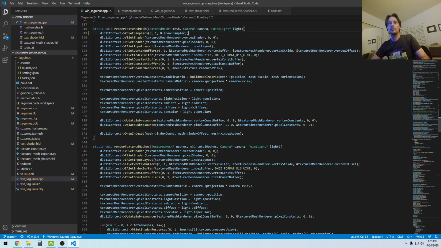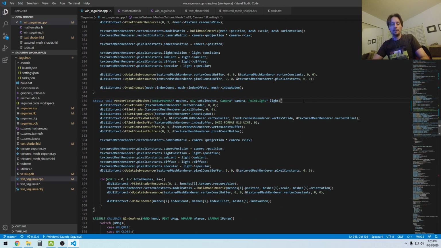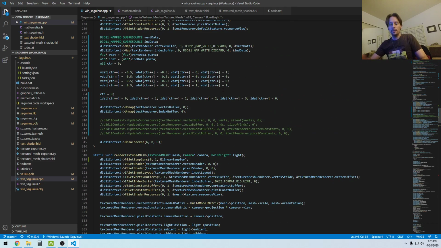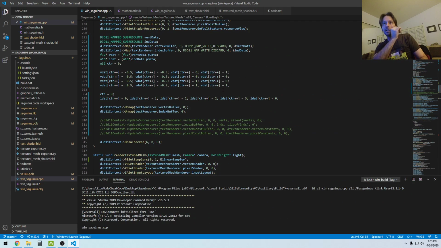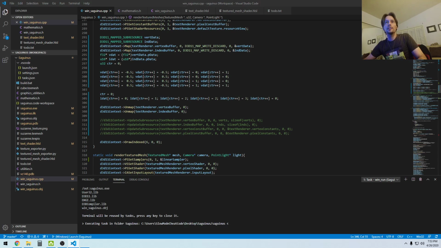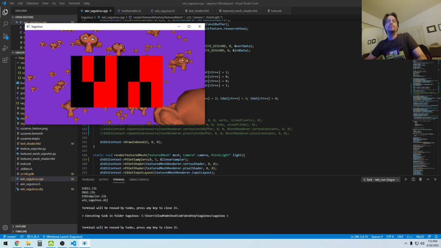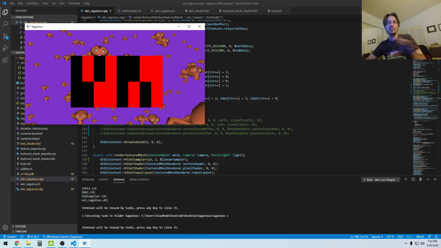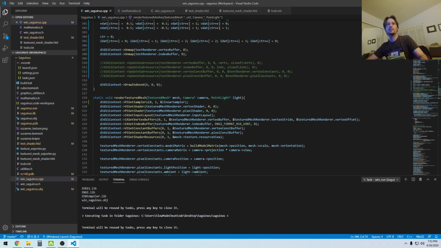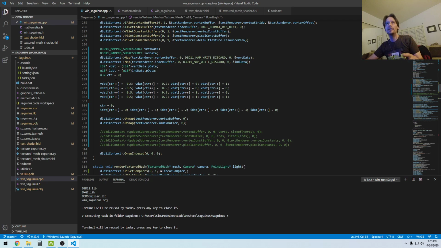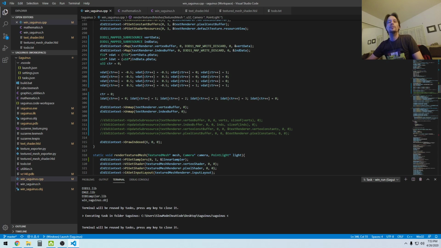Go. And same here. All right, cool. I'm so happy that works. So now I don't actually want to see the red at all. I just want to see the black part, and I want to be able to see through the red part, because if I have the letter A, I want to be able to see through the middle of the A. So what I need to do is tell DirectX 11 to now